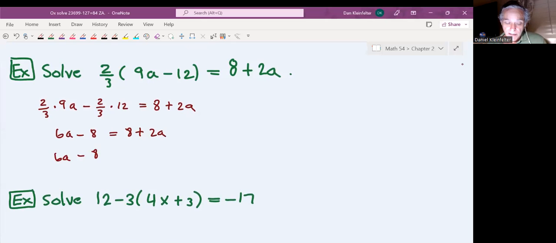So I'll make a little space on both sides. If we've decided that the variable is going to be on the left, then that means that this 2a that you see on the right has to go away. So we'll be subtracting 2a from both sides. Now on the left side, 6a minus 2a, we're